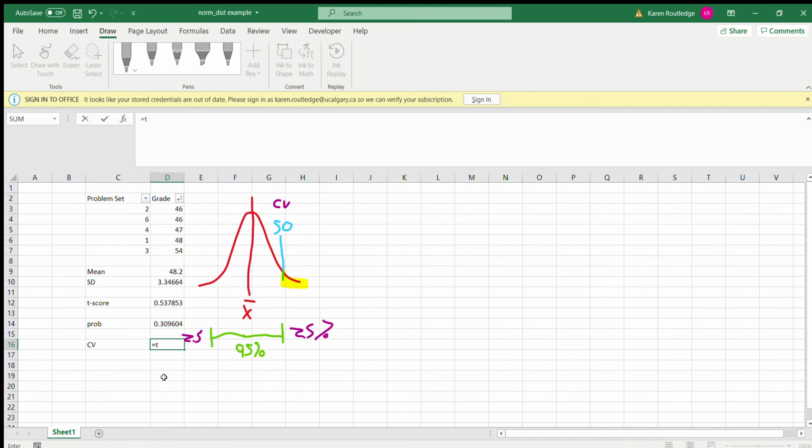This is going to be based on the t distribution, so let's just start typing a t and let Excel refresh our memories on what functions we have available. We want a distance. We do not have a distance yet, so it's not going to be one of those. We want a distance, so we're going to use one of the inverse functions. And there happens to be one,